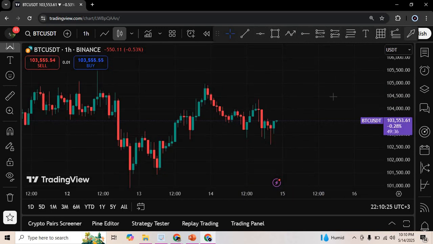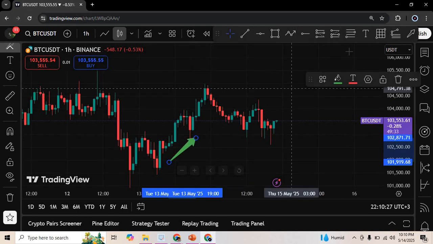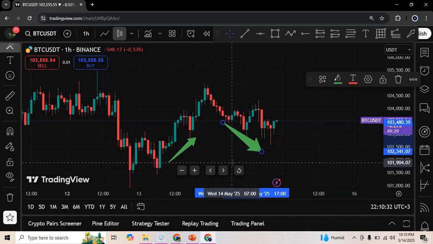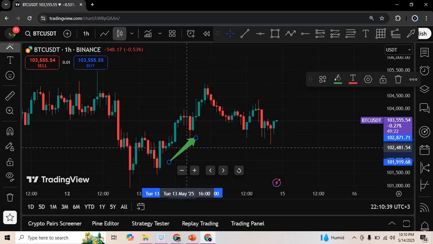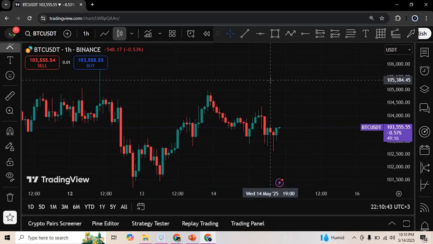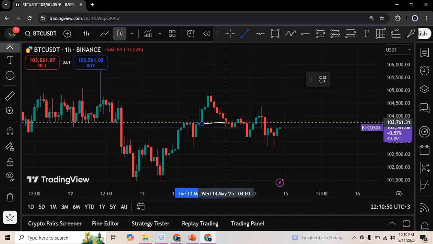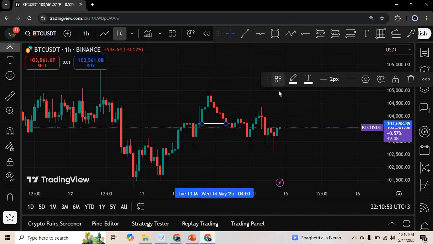Okay. We are having an uptrend right here, and we're having a downtrend. So the market has changed its direction from being an uptrend to now a downtrend. So what do we have here in the middle? Because your hand was up. In the middle, what do we have right now? Change of character. Yes, we're having a change of character from being an uptrend to a downtrend.